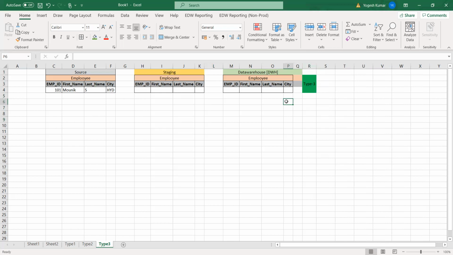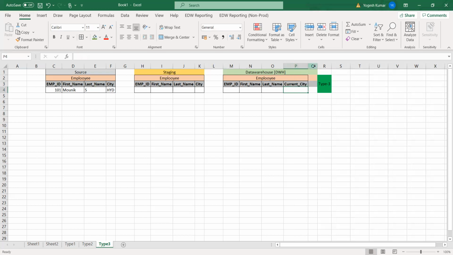Say this is a city dimension or employee dimension table in a data warehouse. We will have two types of columns here: current city and previous city.